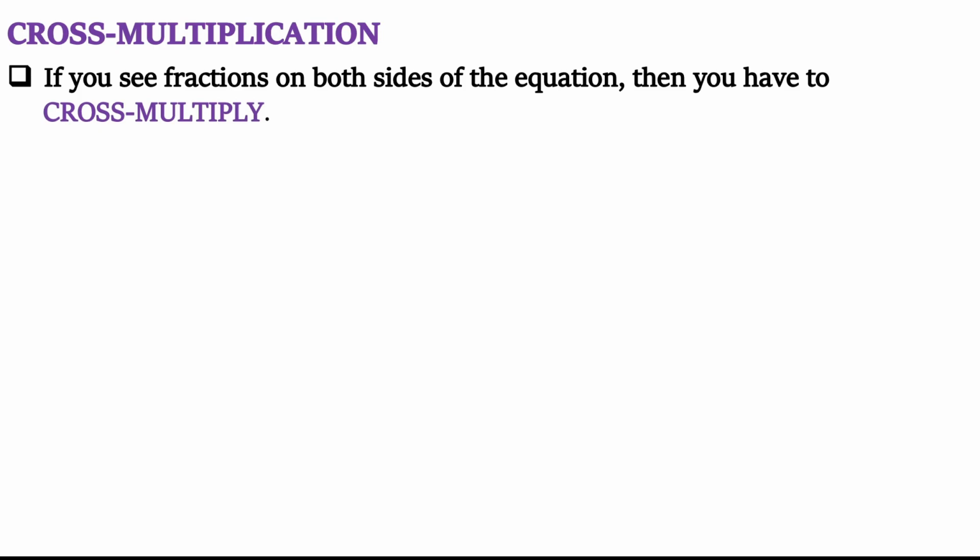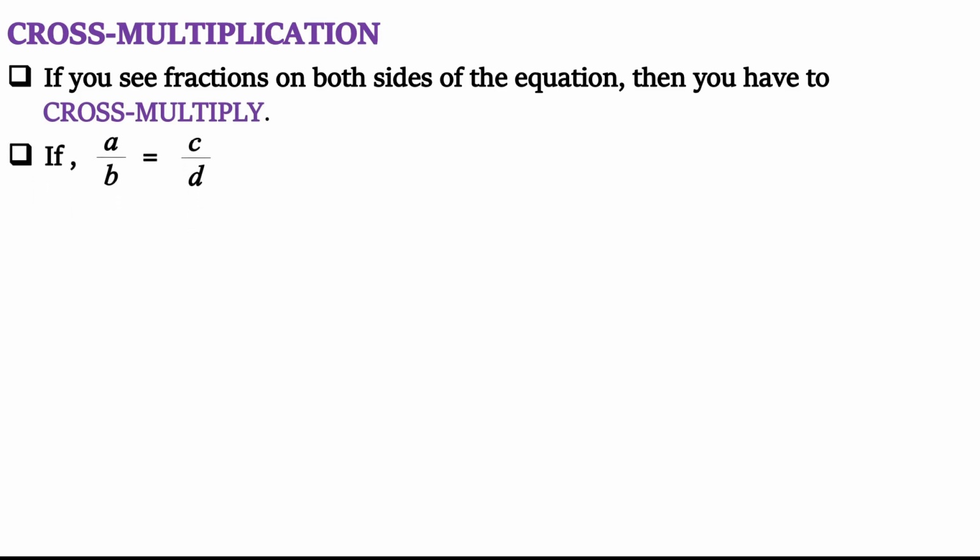Suppose you see two fractions, on the left hand side and the right hand side. On the left hand side you should have a pure fraction, a single numerator upon a single denominator. Single means it can be a binomial also, a complete binomial as the numerator upon a denominator, anything like that. That means a fraction on the left hand side and a fraction on the right hand side. Suppose you see it like this, you have to go for cross multiplication.